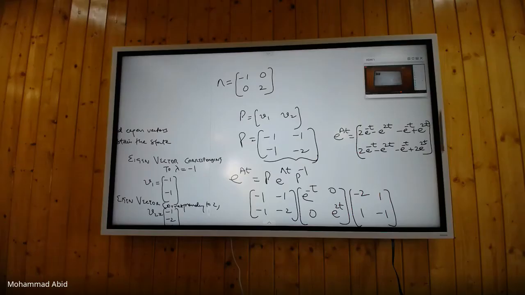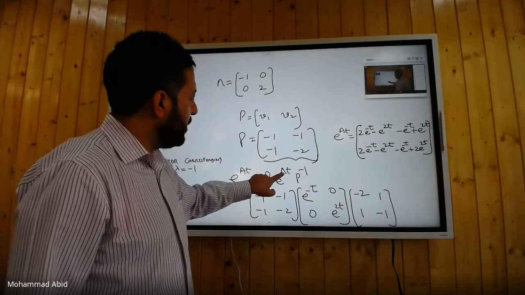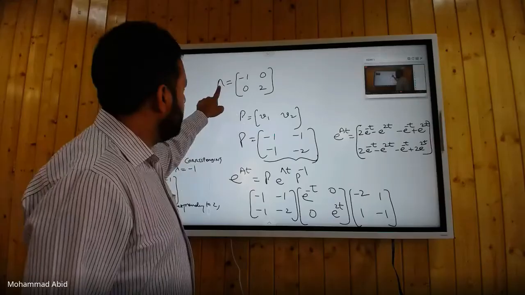सर एक डाउट है। आइगन वैल्यूज में तो हमने ऐसा कुछ नहीं किया है ना कि -1 must be the first vector और 2 must be the second vector, ऐसा तो हम नहीं करते हैं। नहीं, आइगन वेक्टर जो पहला वाला है v1, it should correspond to the first eigenvalue। सर, but we don't know which eigenvalue is first, because 2 भी पहले आ सकता है। सेकंड की बात नहीं है, फर्स्ट सेकंड की बात नहीं है, लेकिन जब आप लैम्डा को इवैल्यूएट करोगे,